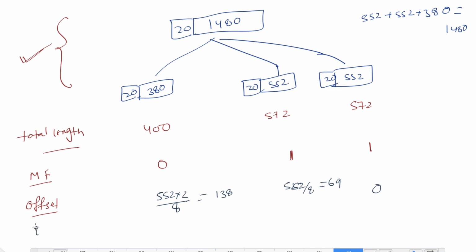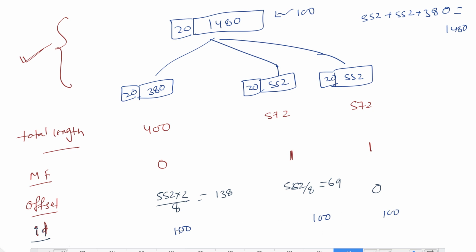There is one other field, which is the identification number for the fragments. So if you remember the fragment row, there were three fields: one is the identification number, then offset, and this flags. So the identification number, let's suppose, is 100 for this, then it will be the same for every other fragment,